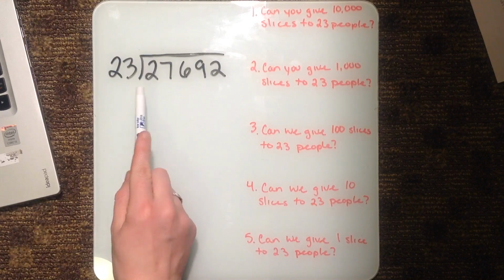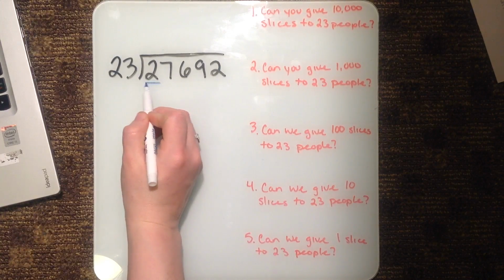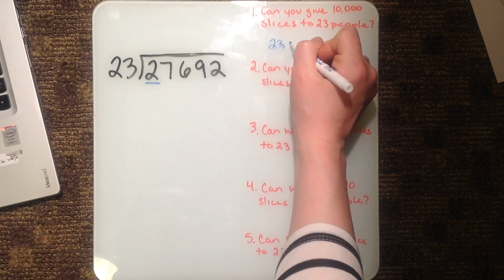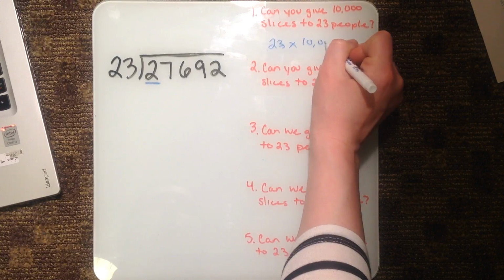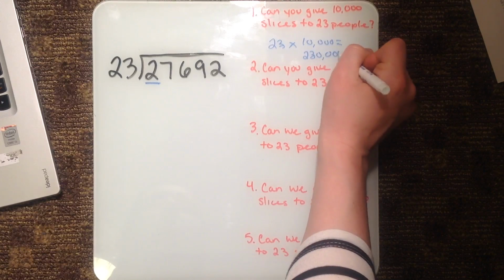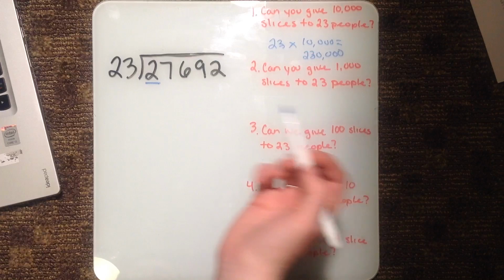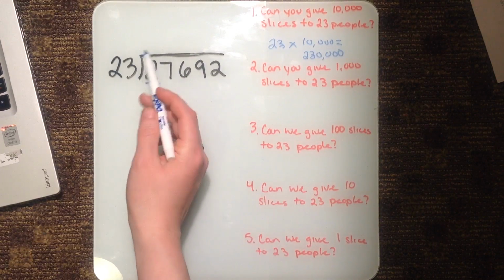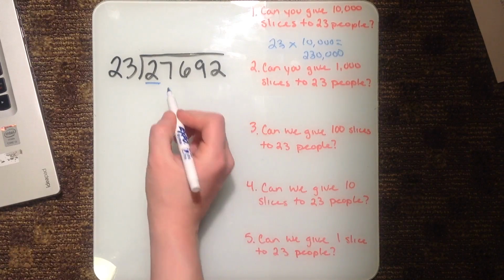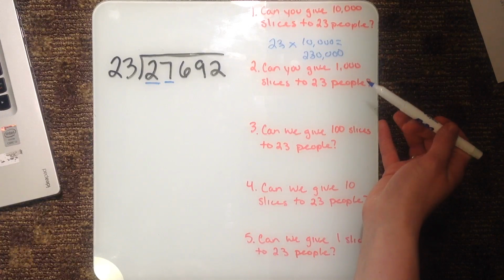That's because in division we start on the left. The 10,000th place is right here. In order to find this out, we'd multiply 23 times 10,000, which gives us 230,000. We do not have enough to give 10,000 slices to 23 people, so we won't write anything above the 10,000th place value. Next, we move over to the 1,000th place value and ask, can you give 1,000 slices to